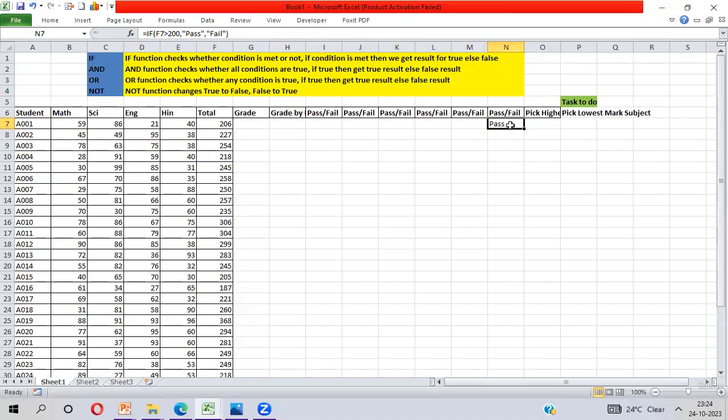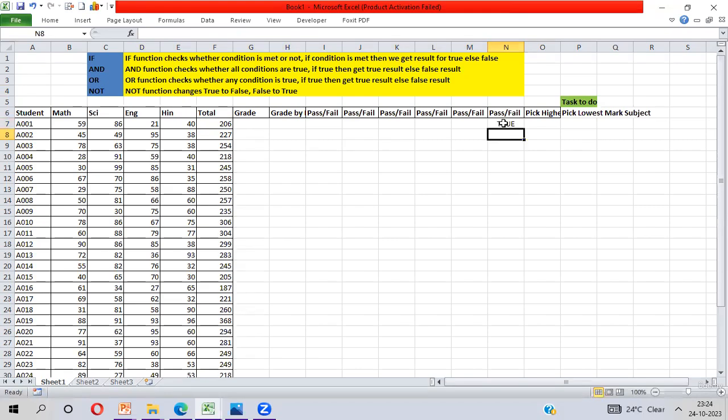Here I need to get the same result, but I will apply the NOT function. So how can we apply the NOT function with IF? First, if I write here this value more than 200, as of now this value is more than 200, so your output will be true.